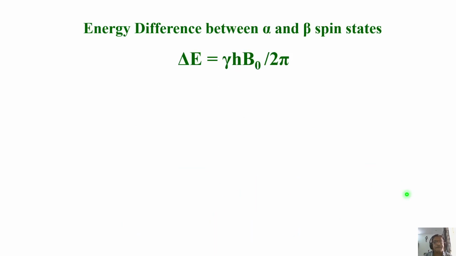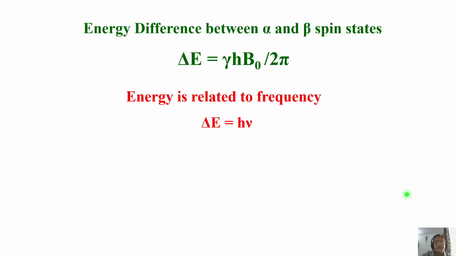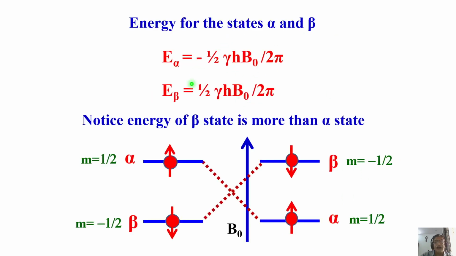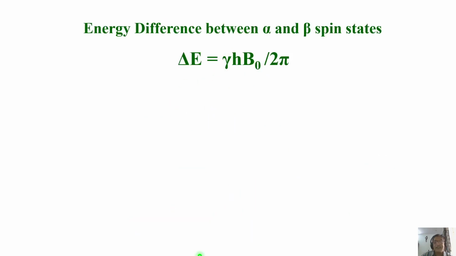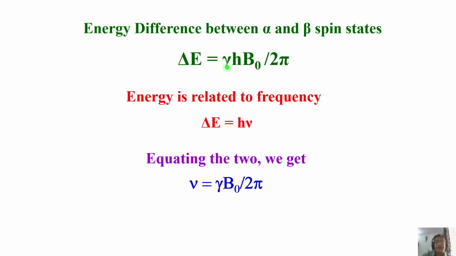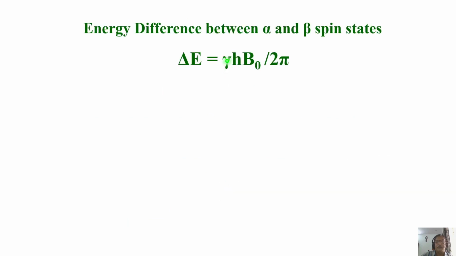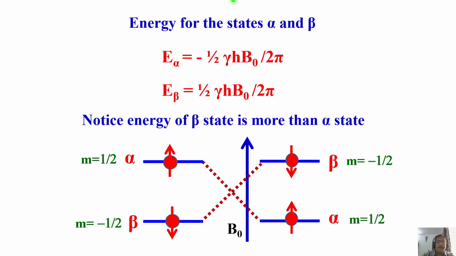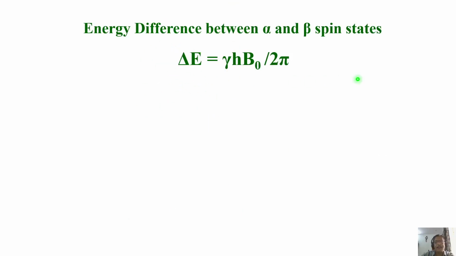Now, what is the energy difference between the alpha and beta state? Take the difference between these two. Half minus minus half is 1, or minus half plus half, if you take either of them, depending on alpha beta or beta alpha, it doesn't matter. We take delta E, one of them, one direction. Then it turns out the half gets cancelled out here. You get gamma h B naught over 2 pi. That is the energy difference, called delta E. The energy difference between alpha and beta spin states is simply this equation. I am taking the difference, that's all. E alpha, E beta difference is delta E, and that's what I am getting.